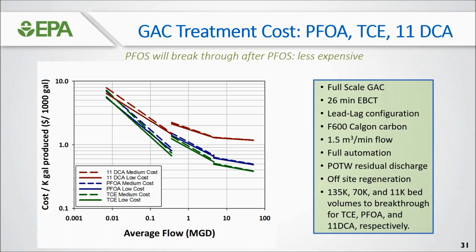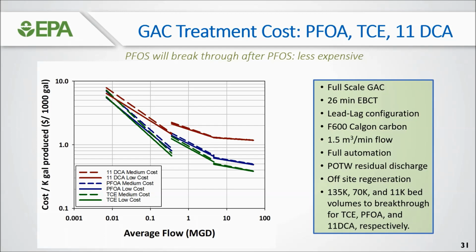And you can see how in this case, PFOA and PFOS is going to be about the same, maybe even a little lower cost than PFOA. But PFOA is very similar to the cost of TCE. And so TCE, we know, is a compound that can be economically removed with GAC. And so we feel pretty comfortable about PFOA and PFOS in terms of the cost of carbon to remove those